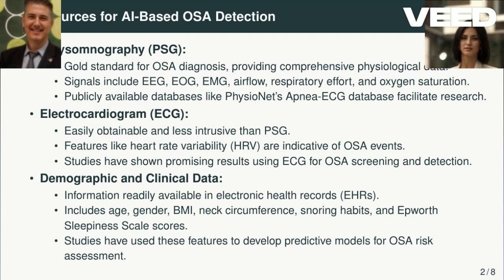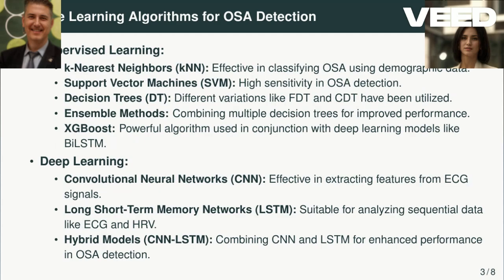That's right. And speaking of AI, the feature engineering book talks a lot about the importance of databases in AI research. Right, because AI algorithms need tons of data to learn and make accurate predictions. Precisely. So I'm guessing researchers are creating these huge databases of biological signals all related to sleep and sleep disorders. That's right. The book mentions some specific examples like open source ECG databases from PhysioNet that researchers can use to develop AI models. Some of these databases are even specifically designed for wearable ECG analysis. So you're talking about smartwatches and fitness trackers that can track your heart rhythm throughout the night. Exactly. Wow, that's really cool.